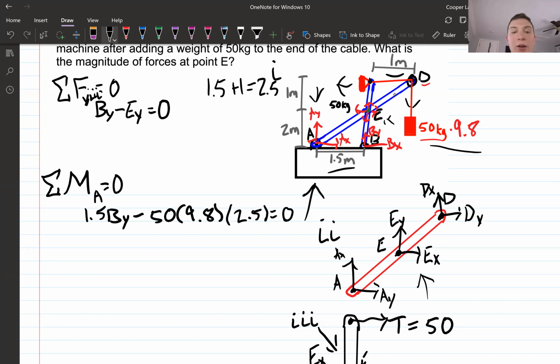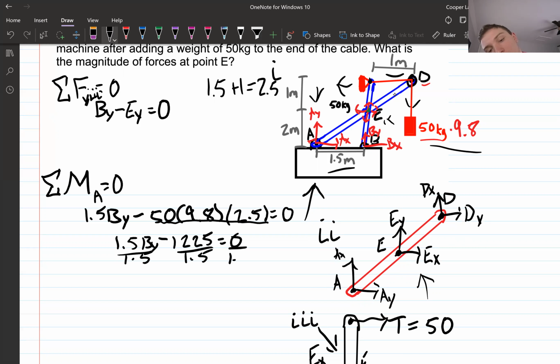So now I'm going to multiply all of this out. And when I multiply all this out, I get 1.5 by minus 1,225 equals 0. So what I'm going to do is add 1,225 to the other side and divide it by 1.5. So that I can write it out like this too. Of course, 0 divided by 1.5 is still 0. And then I'm going to add this to the other side. When I do that, I'll end up getting B sub y equals about